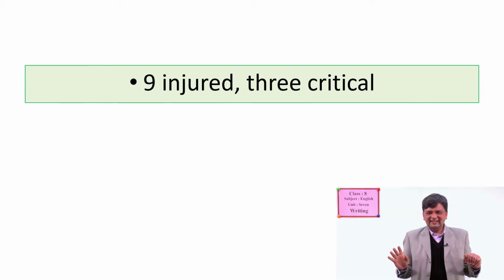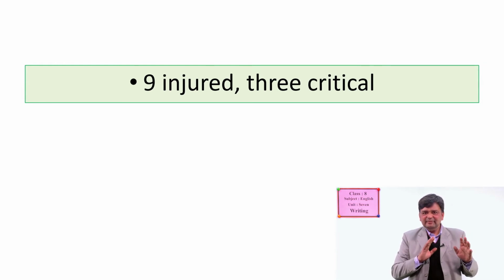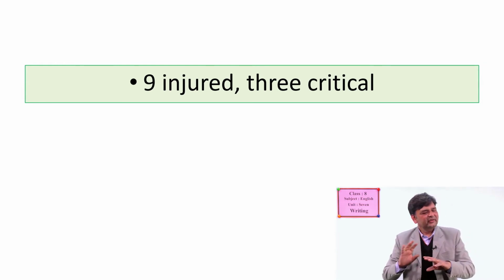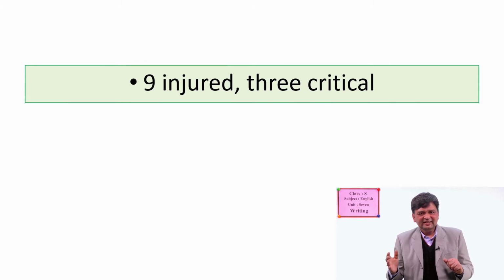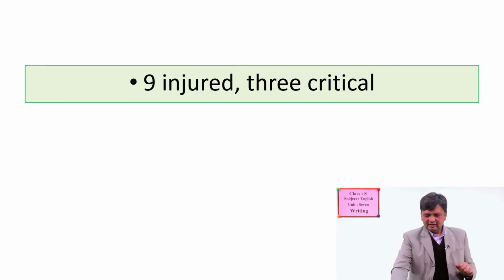Okay? So what it must be: 9 injured, 3 critical. Among the 9 injured people, 3 people are in critical condition. It's very short, and we use that as a sub-headline. Very good. The next one,